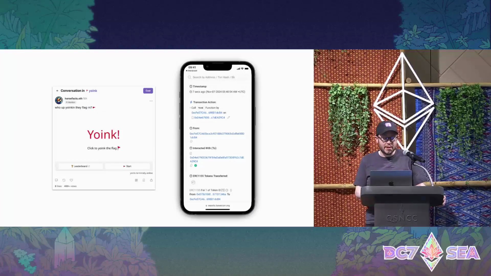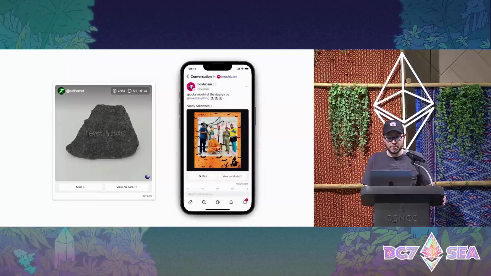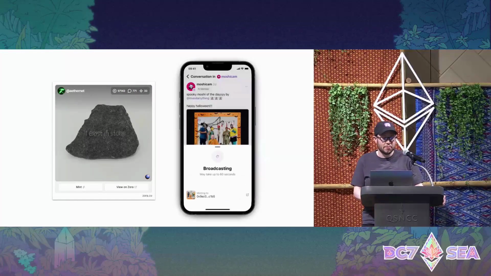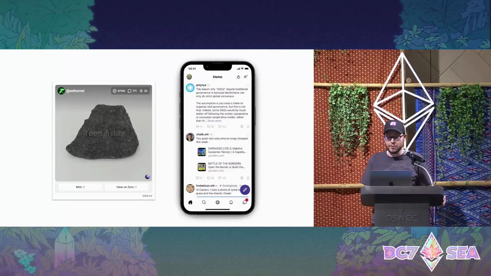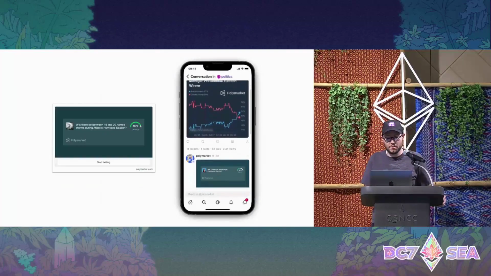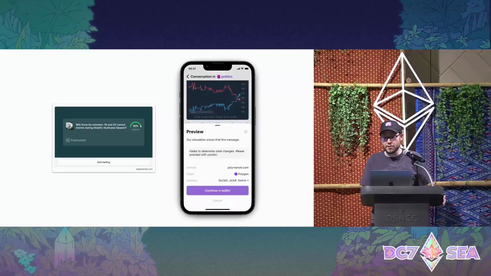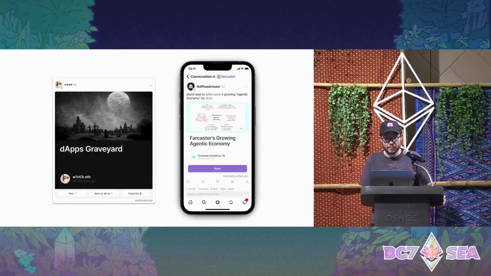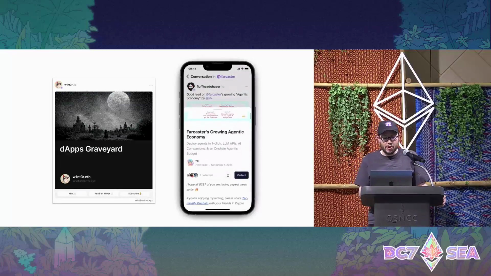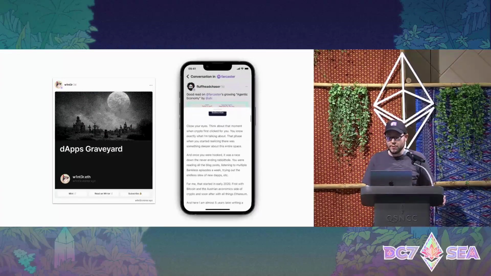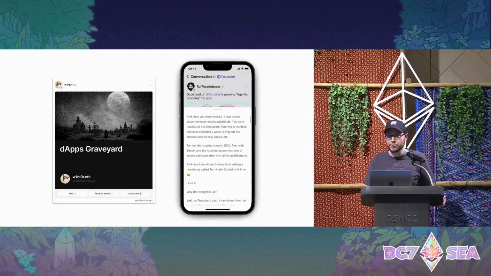We wrote the first frame spec back in January, and since then developers have built thousands of frames for all kinds of interesting applications. So apps like Rodeo, Zora, and MoshiCam have built frames that enable you to mint and collect in feed. On Farcaster, every Polymarket link is a frame where you can make a prediction in just a few taps. Every Mirror and Paragraph article is a frame where you can subscribe in one click or even launch a mini app to read articles right in the app.